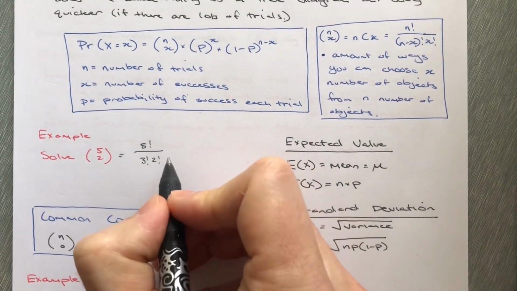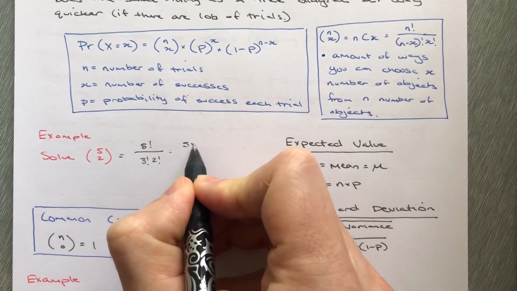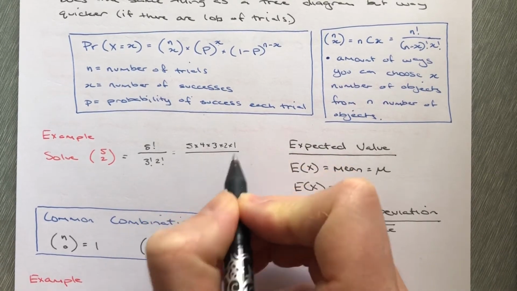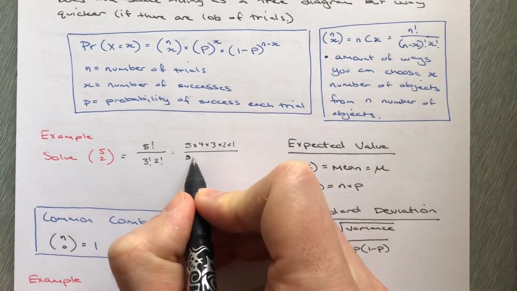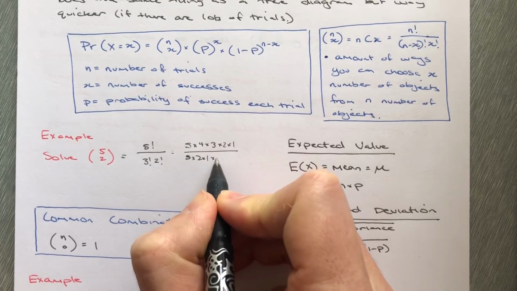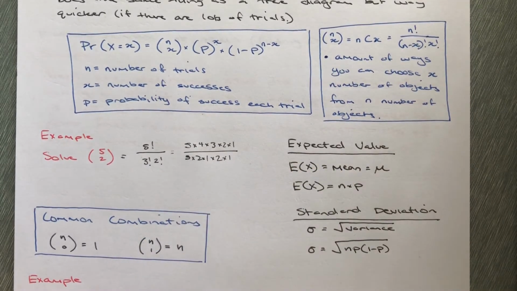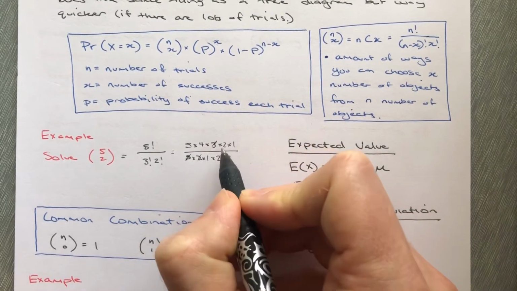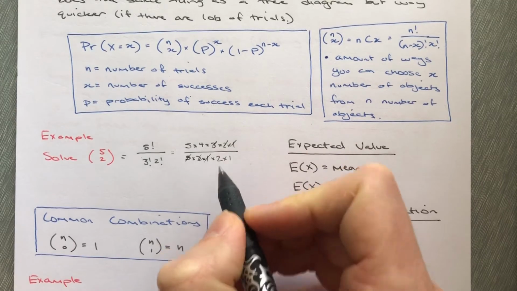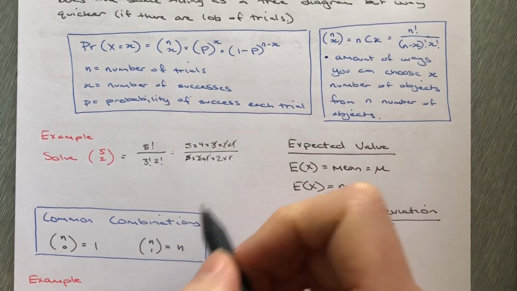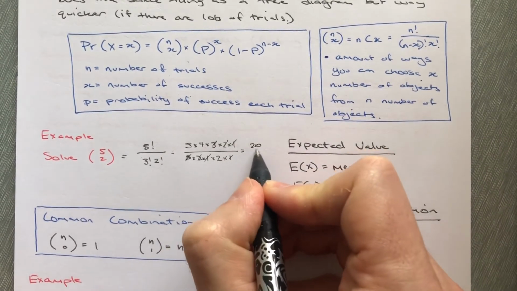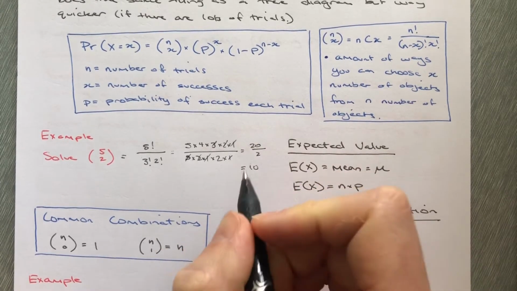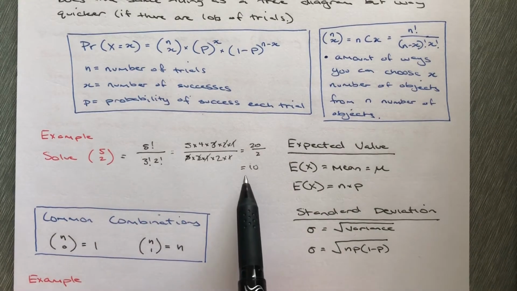Alright, so let's actually work out what this is. You can write them all out if you like, it might make it a bit easier if you're not really sure what you're doing, because then you can start to cancel things out. We can see we've got a 3 cancelled, a 2 cancelled, a 1 cancelled. 2 times 1 is just 2 anyway, so let's get rid of that. So we've got 20 on 2, so the answer would be 10. So 5 choose 2, the answer is